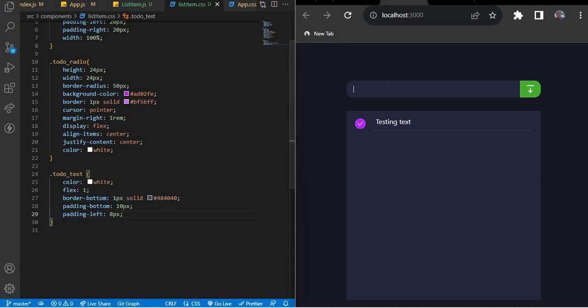So like how we did for the input field, where we flexed it, we gave it a flex of 1 for it to stretch through. That's the same thing we want to happen here. It should be flex of 1. It should take up all the available space. Then we are giving it a border bottom of 1 pixel solid of this hex code here. So that's the border we are seeing here. And we are giving it a padding at the bottom, and then a padding at the left. So that's it for the